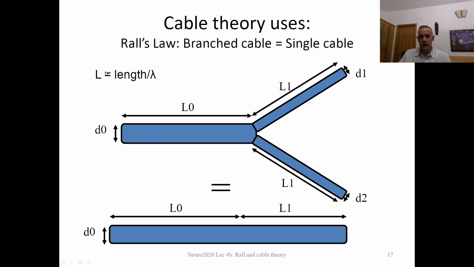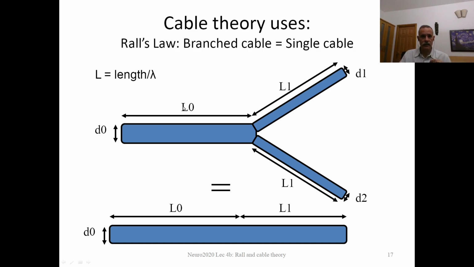And we're going to say that your electrotonic length over here is something called L0, and your electrotonic length over here is something called L1. So these are different values of electrotonic length for different parts of the cell. What Wilfred Rall said was that if you have a cell which is branching, and the parent branch has